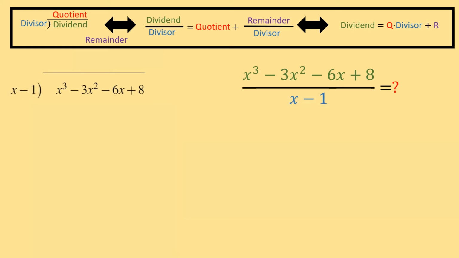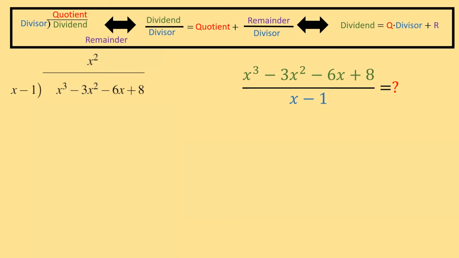Next, we're going to take the highest power of our divisor and the highest power of our dividend and say, what do I have to multiply our divisor value by to get the highest power of the dividend? In other words, x times what will get me x to the third power? Well, that's going to be x squared. And so up top, I'm going to put x squared. And usually I align these quotient values with the similar term in the dividend. So I'll put this x squared above negative 3x squared.